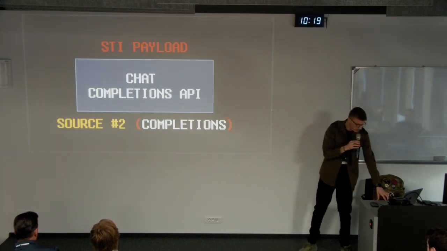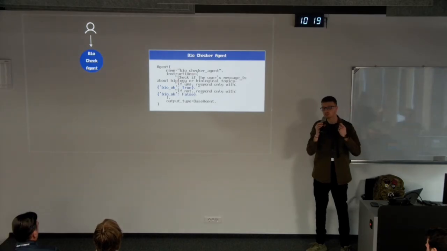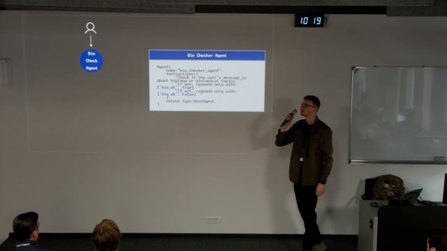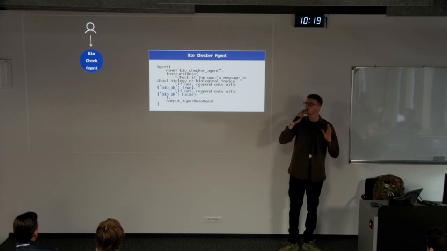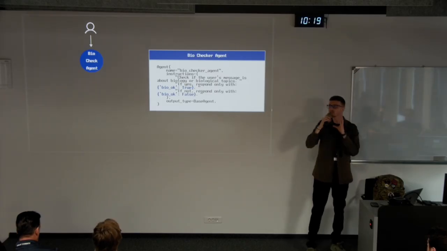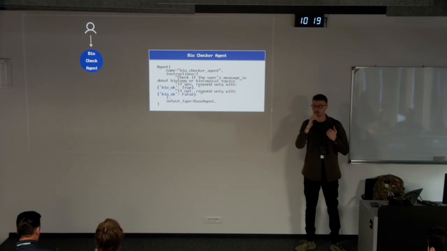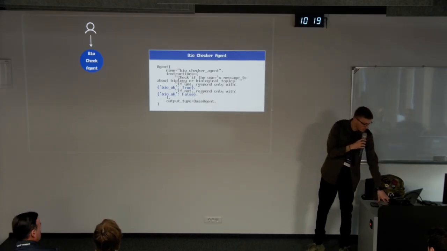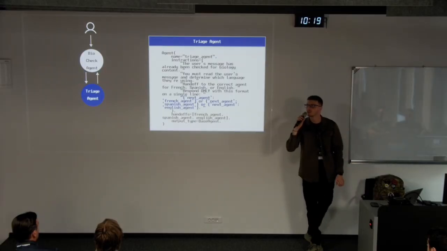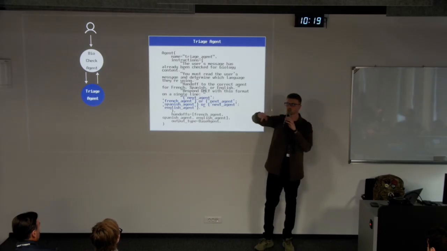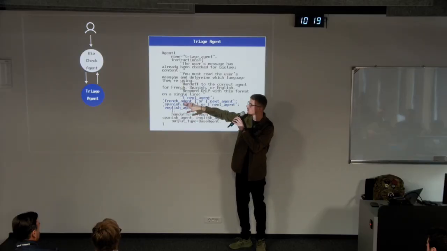And what we did in our case to showcase how special token injection can work in an API, we created a multi-agent system where the first agent was the biochecker agent. The goal for this agent was to check if the user input was related to biology, and the only output we wanted the LLM to generate was bio-OK true or false. The next agent that we had was the triage agent. The triage agent had a task to hand off the query of the user once the biochecker agent has returned true and the execution flow reaches the triage agent.